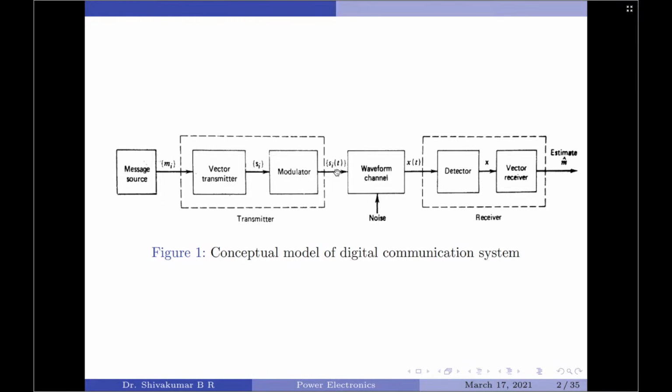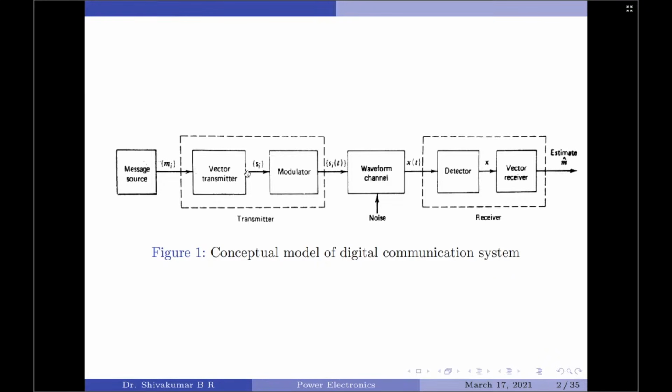The overall idea of converting this message symbol Mi into a message signal Si of t is supported by the Gram-Schmidt orthogonalization procedure. So, to begin the Gram-Schmidt, we state the task of transforming an incoming message Mi into a modulated wave Si of t can be divided into two separate parts, first being a discrete time operation and then we have a continuous time operation. The justification of this is actually given by the Gram-Schmidt orthogonalization procedure.